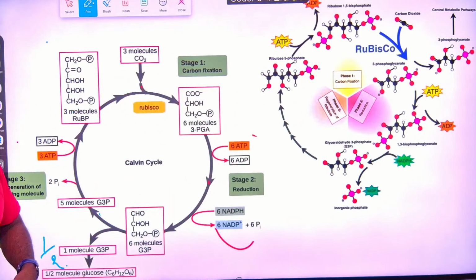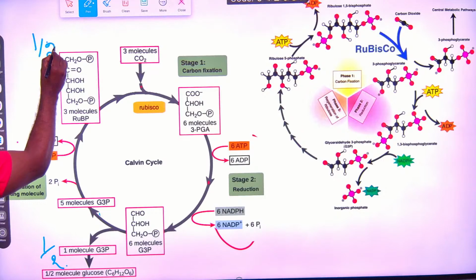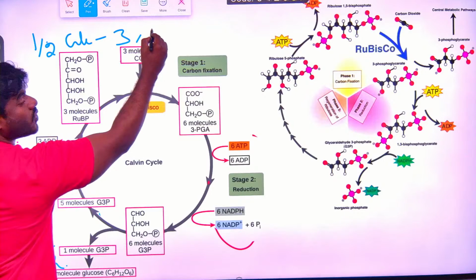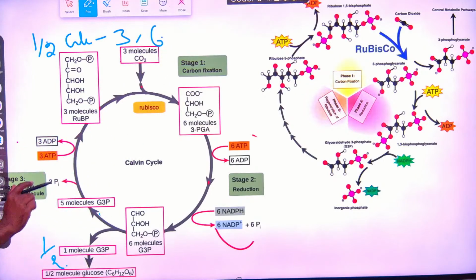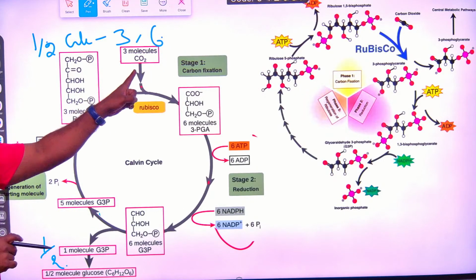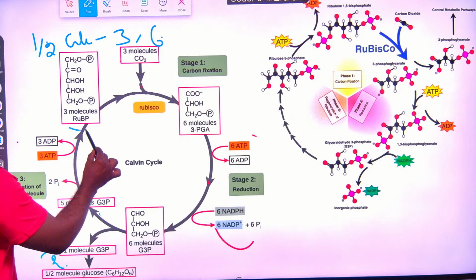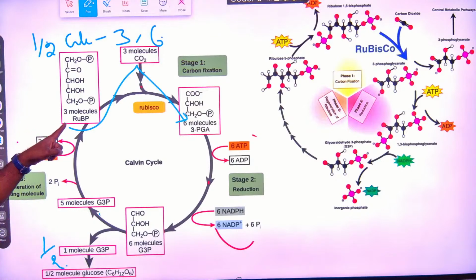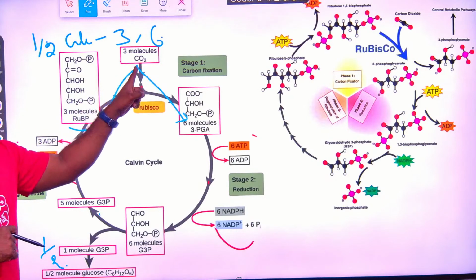So I'll summarize once again, then you people answer my questions slowly. Everyone answer the question that I will give. Just think properly first. I'll summarize. In order to produce half glucose, the cycle is going to turn 3 times. For 1 glucose, 6 times. Very clear. So who is the carbon acceptor? RuBP. RuBP accepts the carbon, so 3 molecules of RuBP accept 3 carbon and give rise to